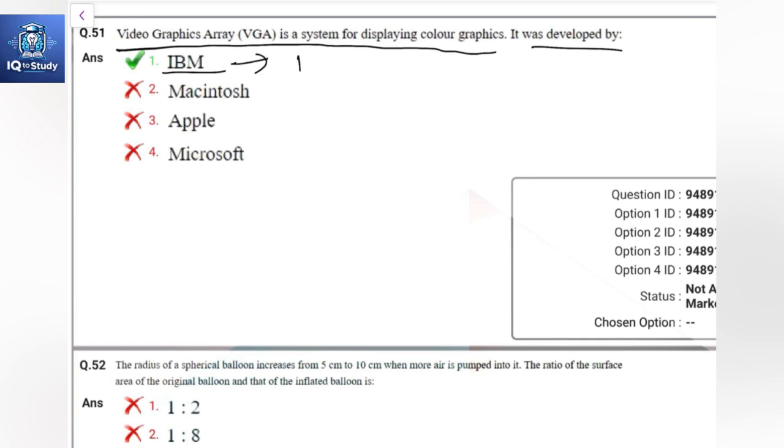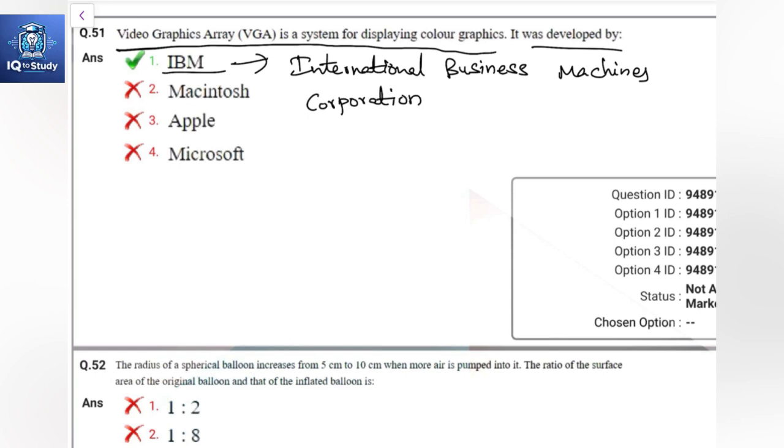I means International, B means Business, M means Machines. International Business Machines Corporation. It was developed in the year